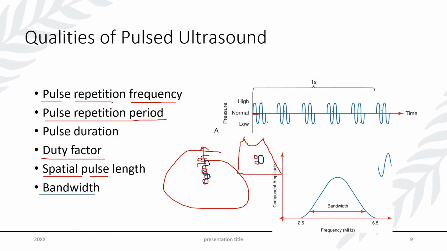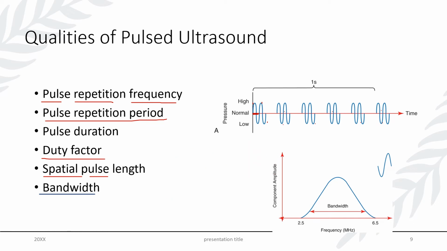Okay. Next and lastly is bandwidth. I had mentioned that a common transducer for abdomen scanning would be a 3 to 5 megahertz transducer. That tells me that this transducer is not capable of producing only one fundamental frequency. It can produce multiple different fundamental frequencies. And because it has a variety of frequencies it can produce,